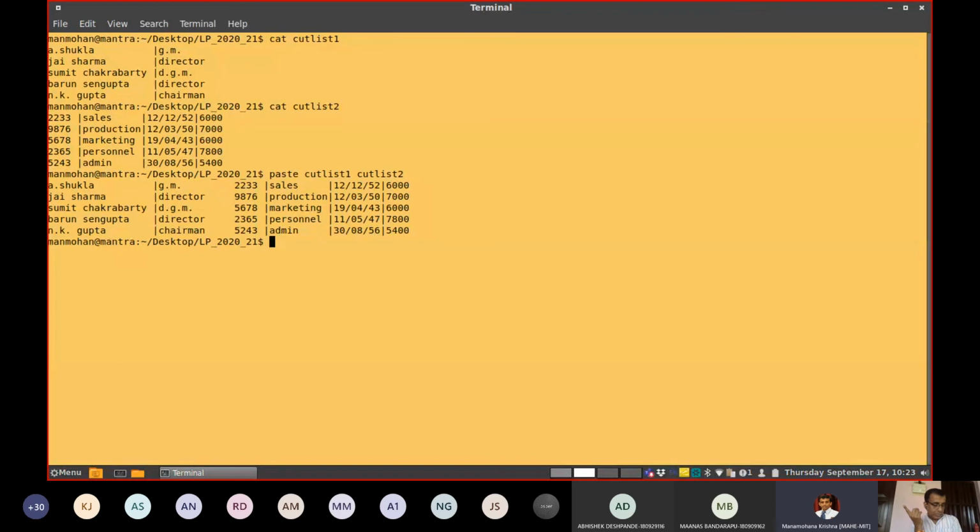Like cut, paste also uses the tab as the default delimiter, but you can specify one or more delimiters with the -d option. You can use a new delimiter as well. Anyway, further discussions on these simple filters, I will continue in our next class.